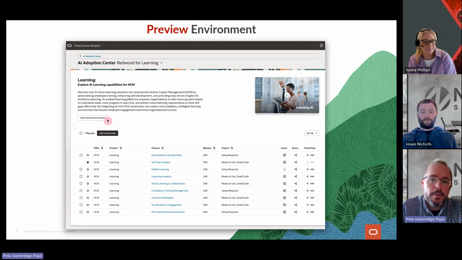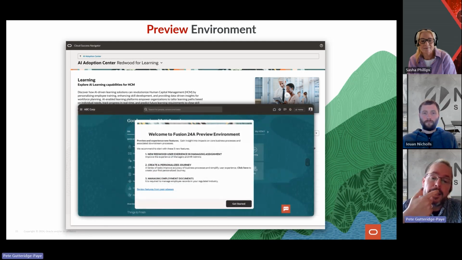And then the other one that we've got is preview environment. And I think this is going to be really powerful. So when you get the release notes, it's very flat. Yes, there are screenshots. There will now be videos as well. But the first time you get to see 25A or 25B this year will be when it lands in your non-production environment. What Oracle are going to provide us is a preview environment. So like a virtual desktop, you'll be able to log in and see this screen. And with the personas that are very much like the starter config, you can log in and start to have